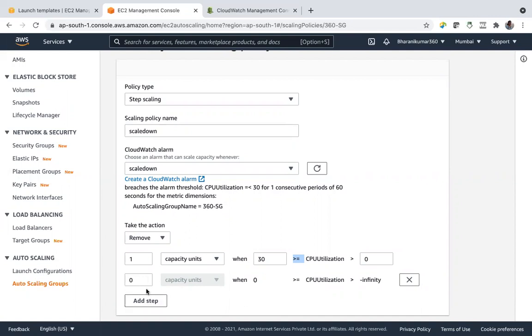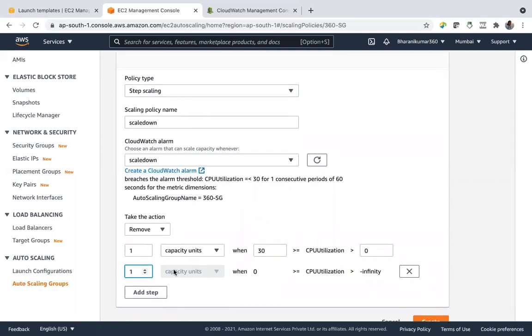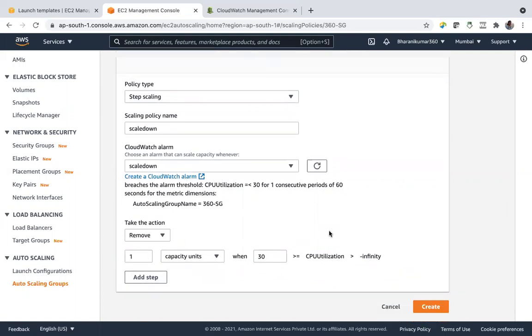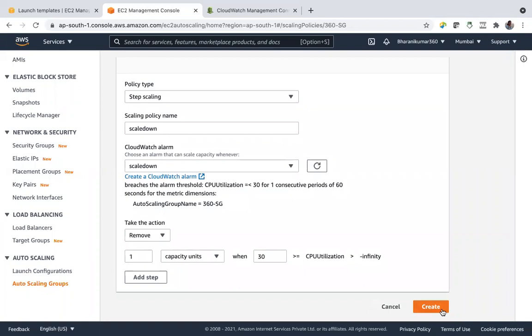So I can add steps here. Suppose let us say 1. Here we don't have another alarm, so you can add stepwise. And this option we don't have in simple scaling policy. Okay, let us create.